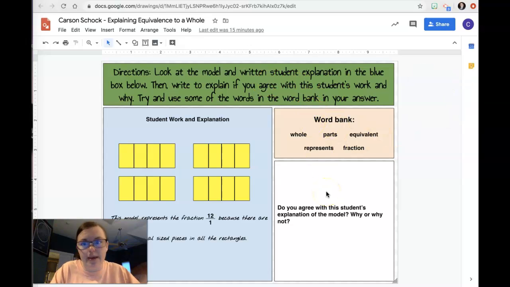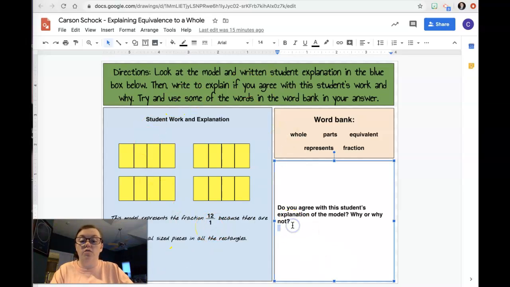Consider this like Puzzled Penguin. This is Puzzled Penguin's work. Is he right or is he wrong? And then explain it over here. So you would type your answer right here. Okay? All right. So it's not a whole lot this week, about the same amount of work as last week,